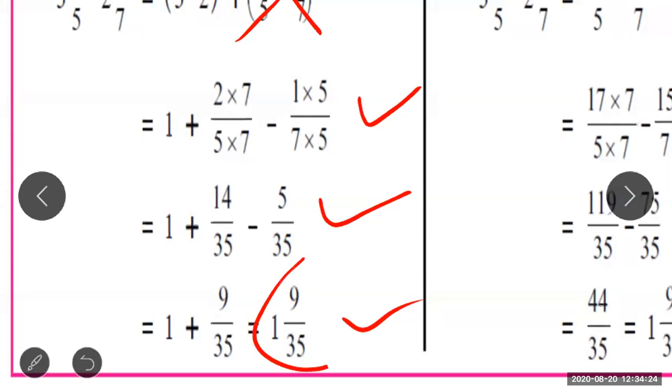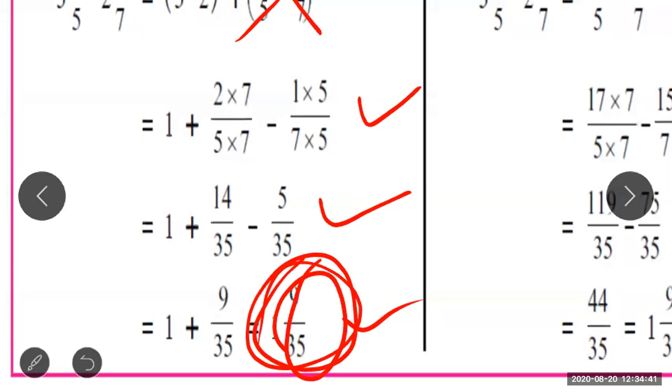Now this is which type of fraction? This is a mixed fraction where there is one integral part and one fractional part. And if you see the second term, 9 up is the numerator and 35 down is the denominator. So the denominator is greater than the numerator, that is this type of fraction. I have explained to you yesterday only, proper fraction, improper fraction and mixed fraction. So I hope you people have understood the subtraction also. Further we will move to our next slide by solving the sums only. This was the example sum.